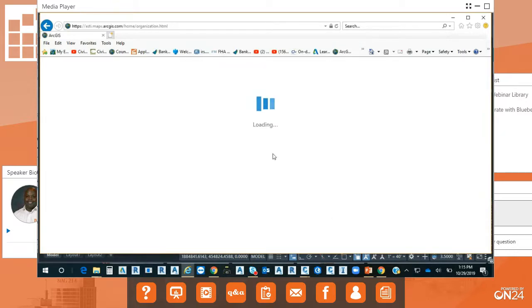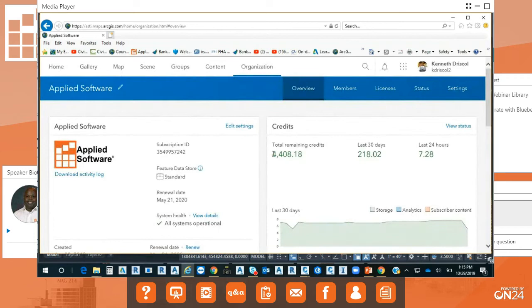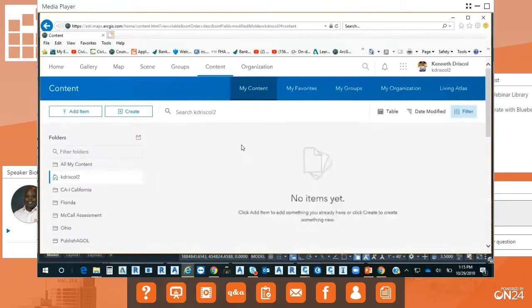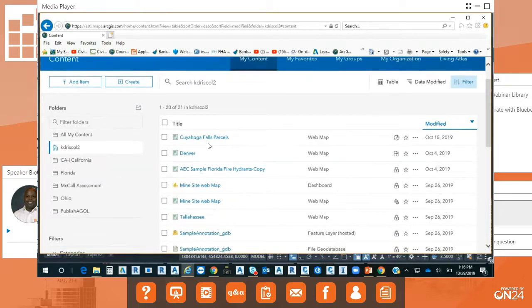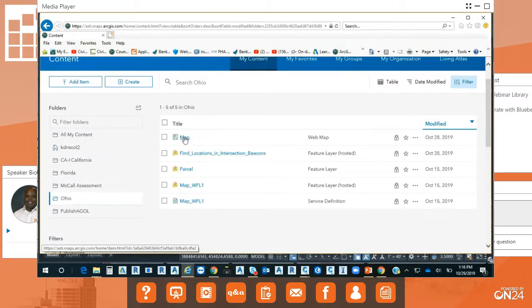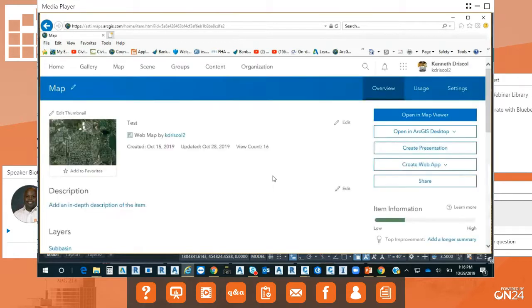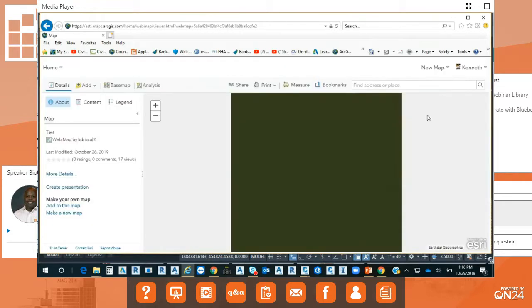So ArcGIS Online allows analysis, utility layers, all different layers in terms of working with GIS. A lot of governments use web mapping services to have the public come in and utilize web mapping services. So if I came here straight to this web map for Cuyahoga Falls, and if I select Ohio here and just say map, I can pick on that and it shows me information of a map that's been created. And then if I open up in Map Viewer, it shows me a map,